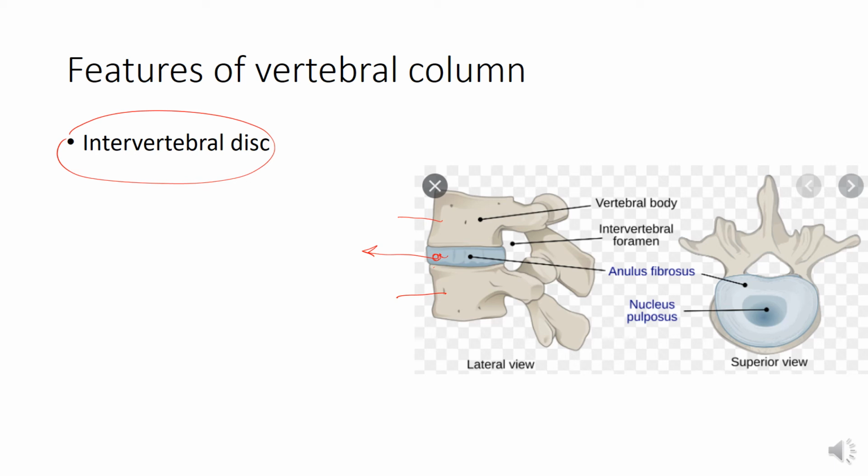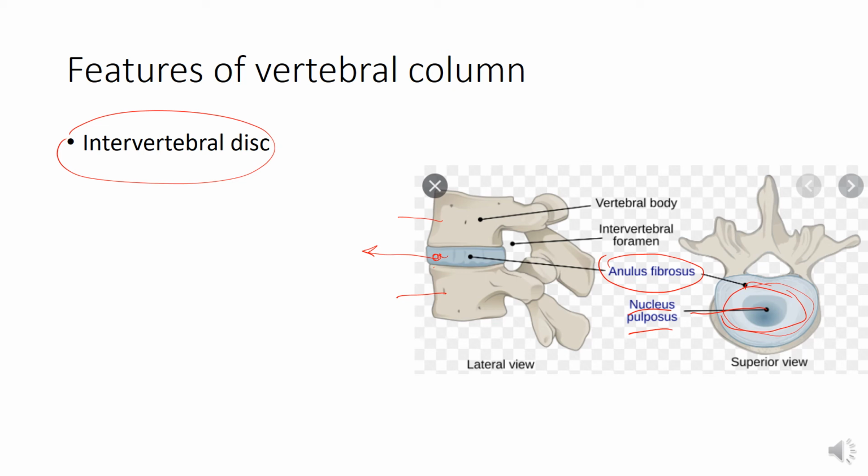consisting of an outer rim of fibrocartilage known as annulus fibrosus. So this is the section of this intervertebral disc. It has two parts: the outer fibrocartilaginous part, which is known as annulus fibrosus, and a central soft core, which is known as nucleus pulposus. They are thinnest in the cervical region and become progressively thicker towards the lumbar region. As spinal loading increases, the posterior longitudinal ligament in the vertebral canal helps to keep them in place.